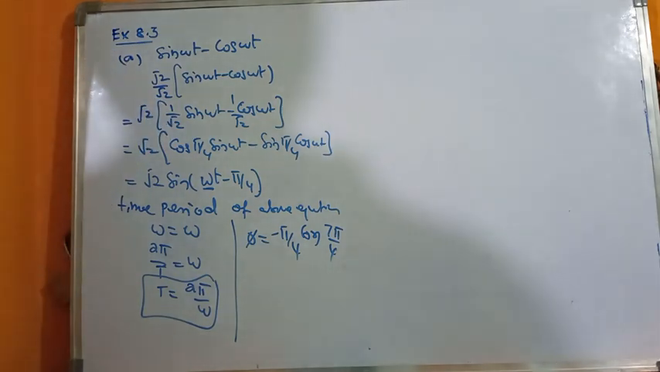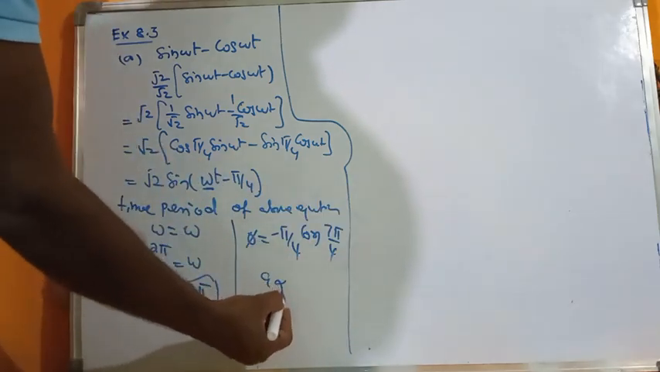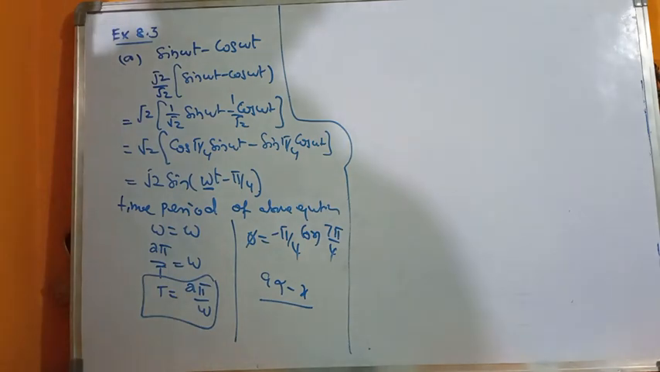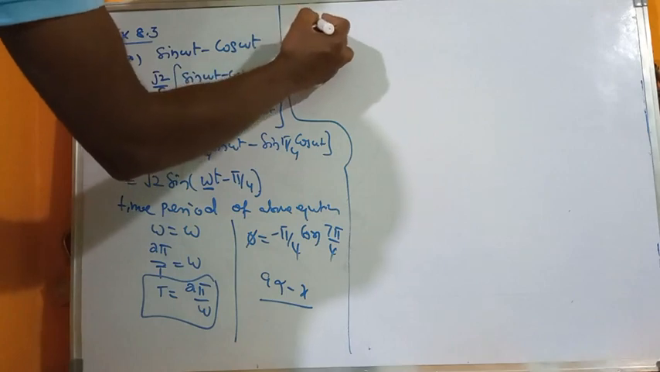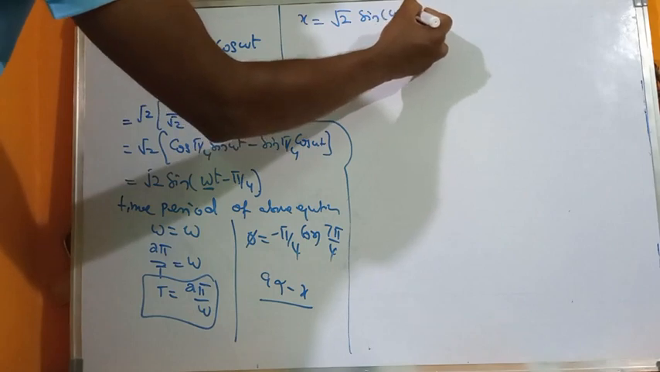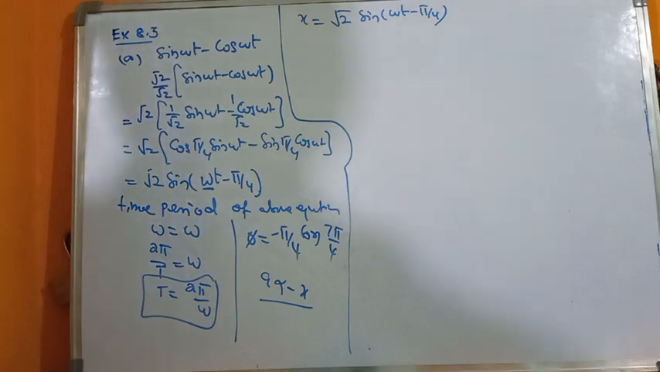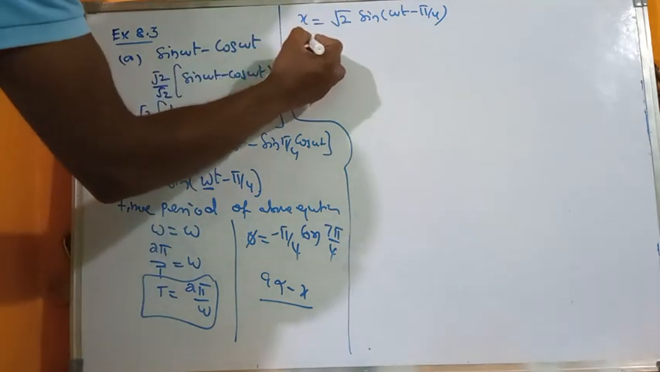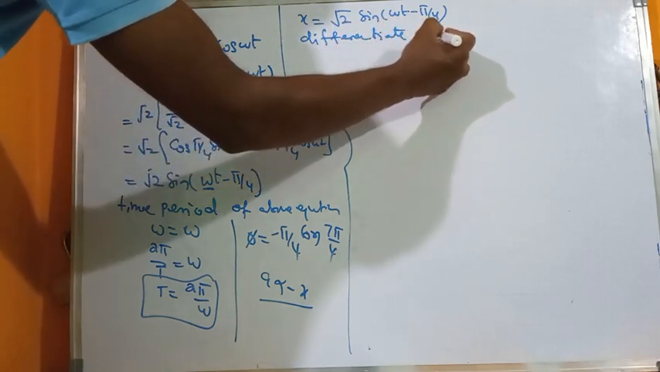Now we have to prove whether it is a simple harmonic motion or not. For simple harmonic motion, it should satisfy one condition: a is directly proportional to minus x, where x is the displacement. I'm taking x is equal to root 2 sine of omega t minus pi by 4. This is our equation. Then differentiate the above equation